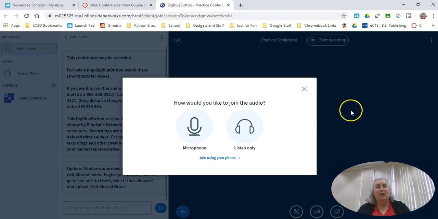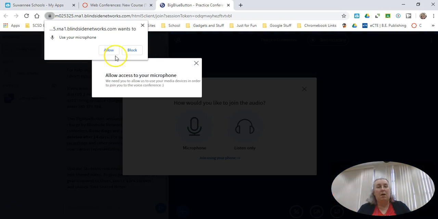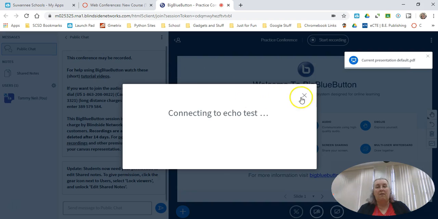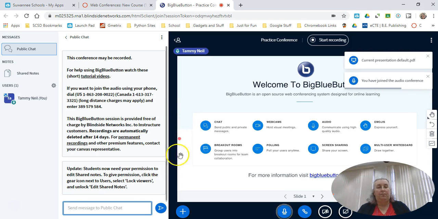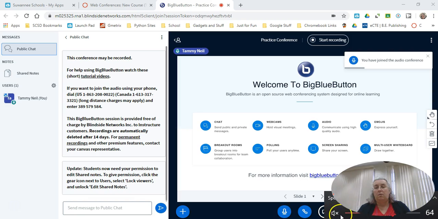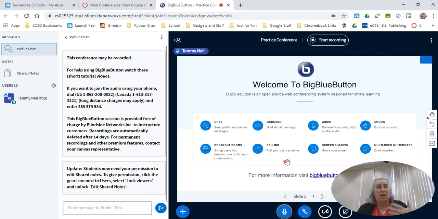And here we go, we're running the conference. We're going to join with our microphone. We're going to allow the microphone to have access. Here's our echo test. We're good. Okay, I'm going to go ahead and mute my computer so that we don't get a lot of echo here,